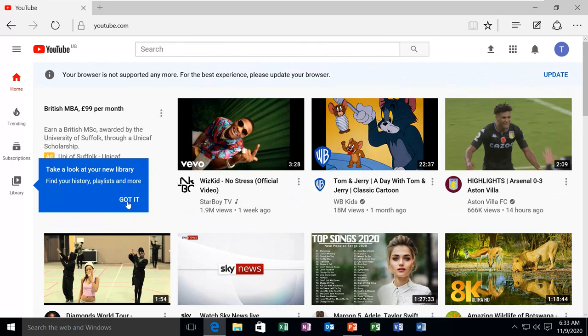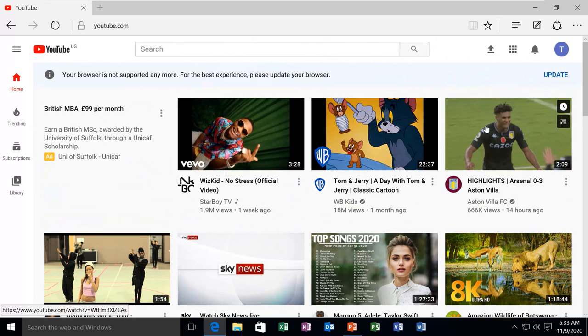So whatever video you want, you can select the video, and when it is loaded,